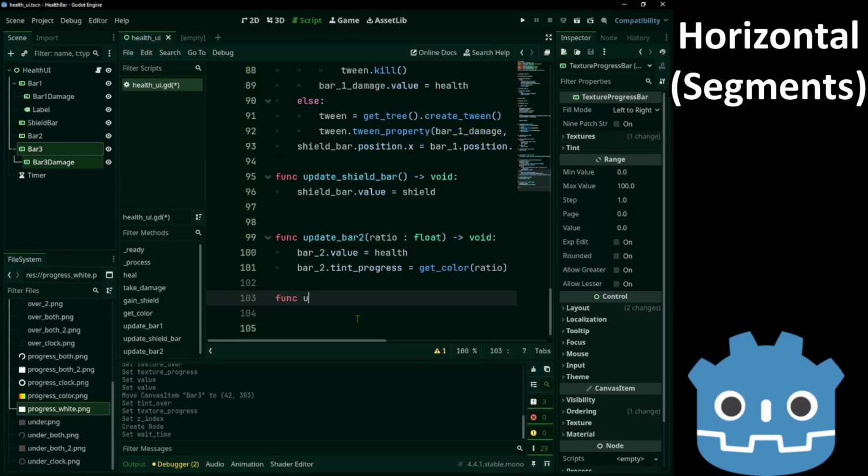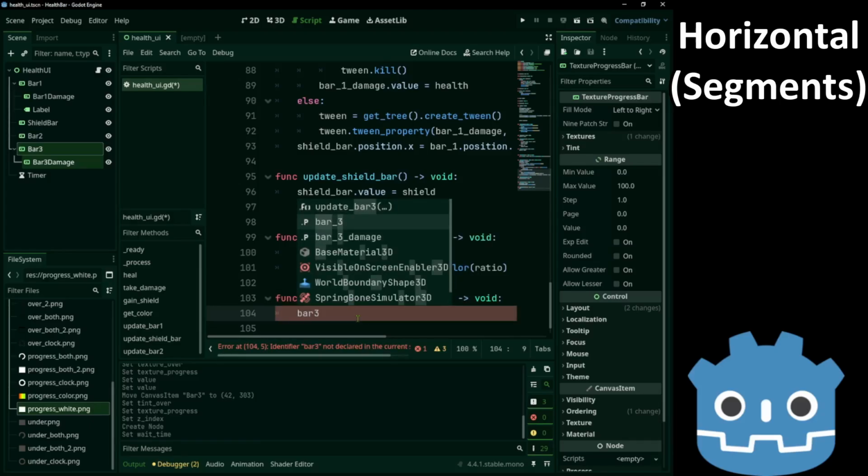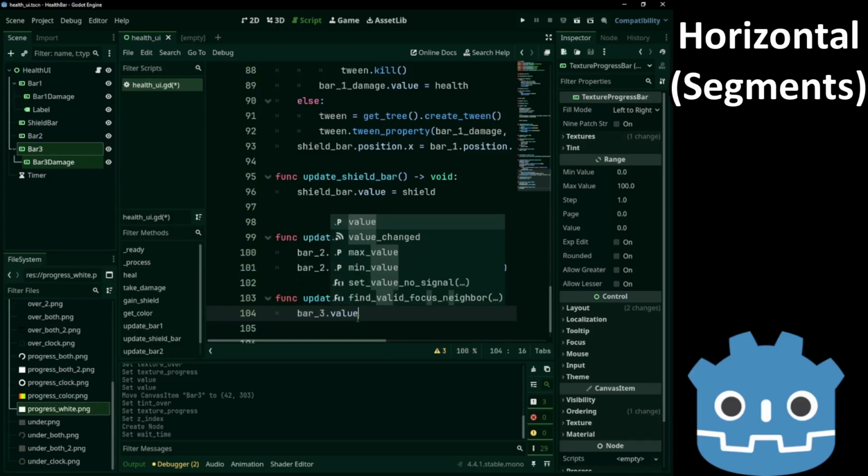So create an update function. Now for the bar 3, we change the value instantly.